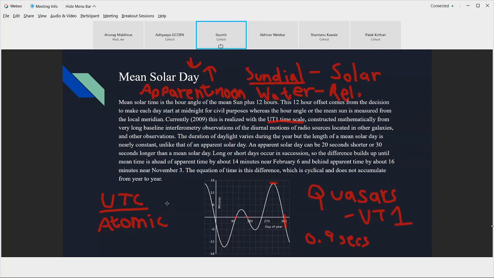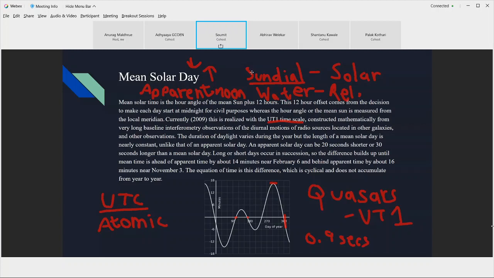Because of the sun, there's a difference between, let's say, sunrise in Mumbai and sunrise in Pune. If towns actually started maintaining their own time, it would create a lot of chaos, because Mumbai and Pune are roughly around 200 kilometers away. So there would be a difference in time, which would be fairly significant, which would create a lot of problems.